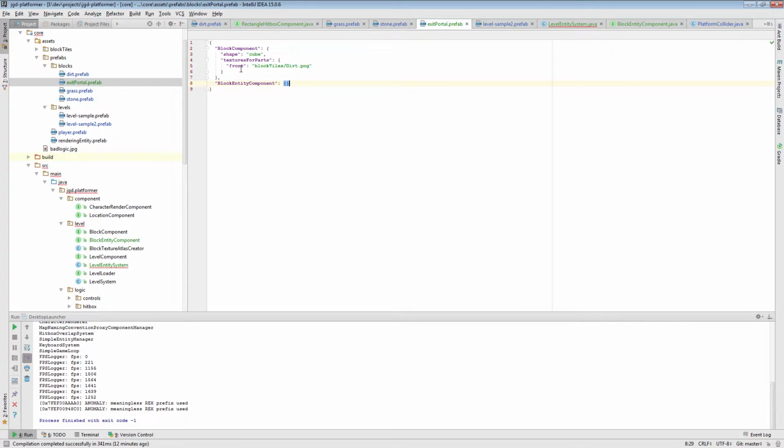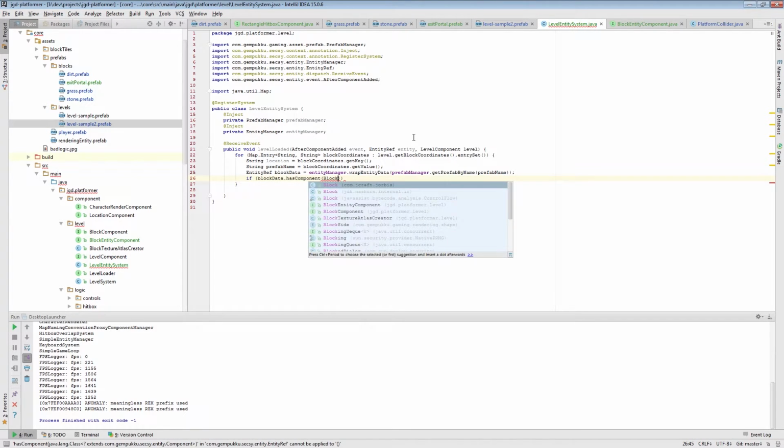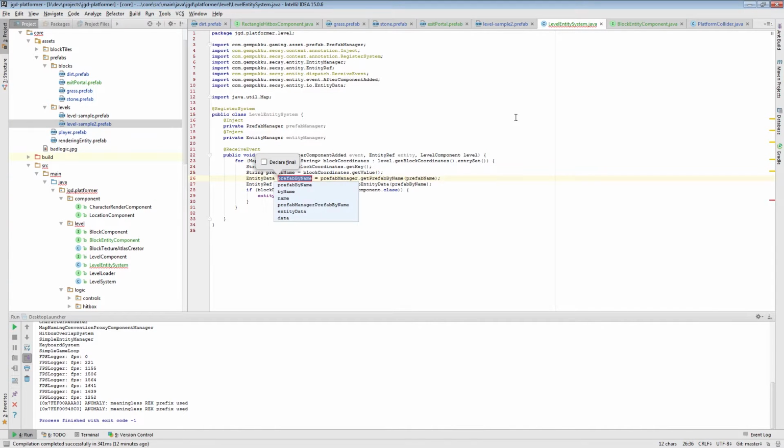So this basically will say that this block, whenever you see it in the level, you have to create an entity for it. So if block data has component block entity component, then we have to create an entity manager, create entity from the entity data,